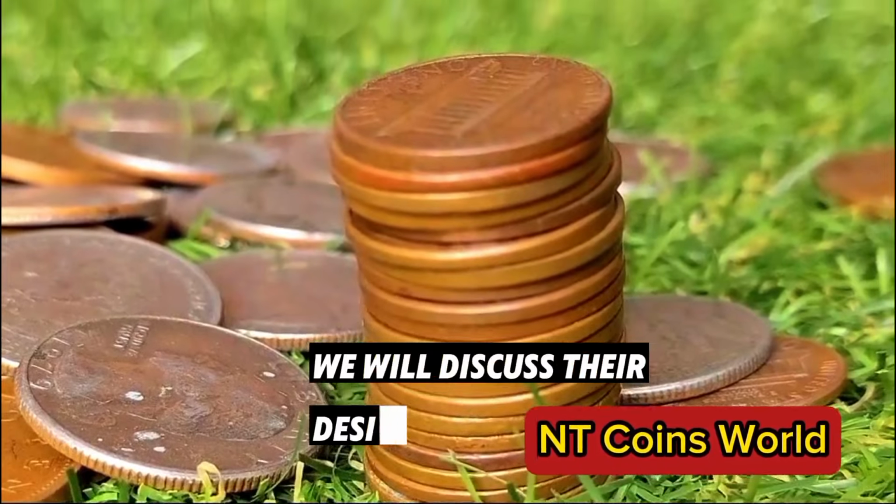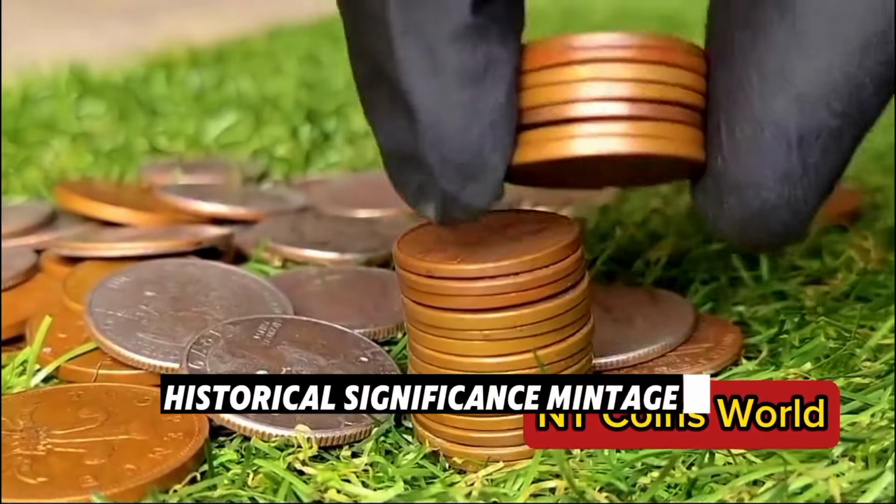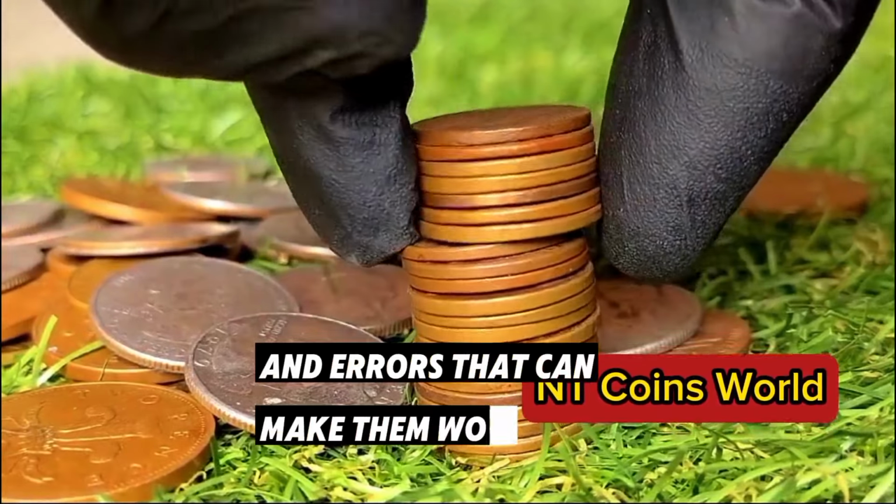We will discuss their design features, historical significance, mintage values, and errors that can make them worth far more than